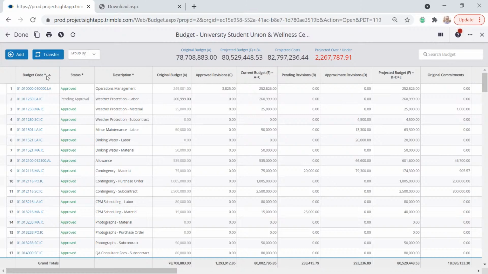So what we're looking at here is that budget. So we have our budget codes, our status, our description, and then our original budget, right? That's the start. Everything else from here is ongoing during the project. From the column level,